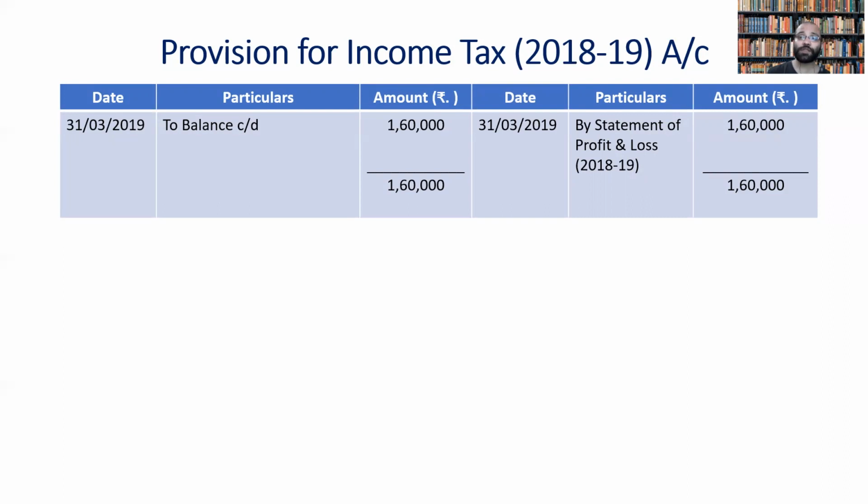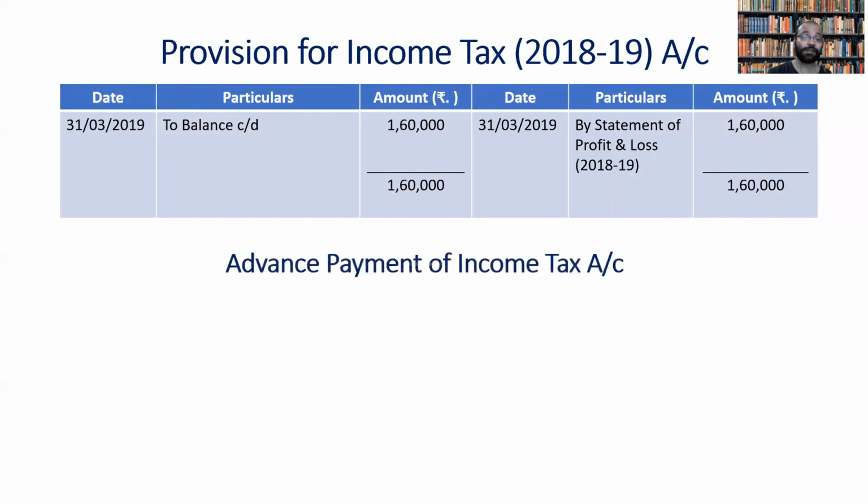But you don't have any items on the debit side. So you want to tally it or carry it forward, isn't it? So you write to balance carried down. Since there is an excess balance on the credit side, we have a remaining balance coming to the debit side. So we write on the 31st March 2019, to balance carried down, which is coming as 1,60,000. Is it clear? This value will be taken to the balance sheet.